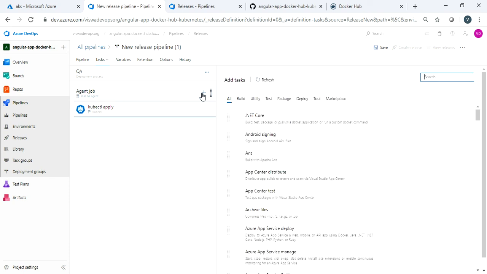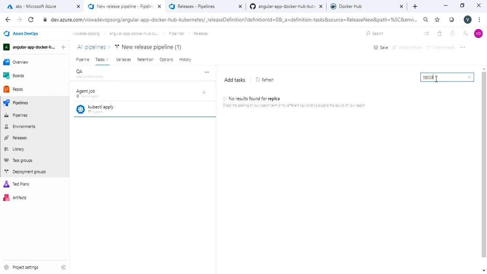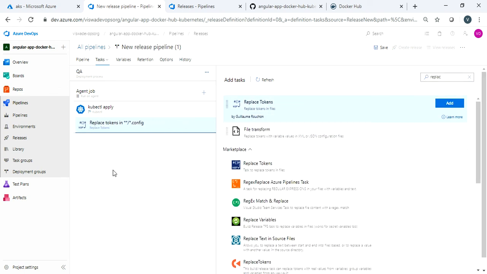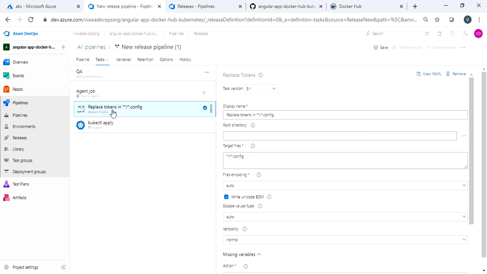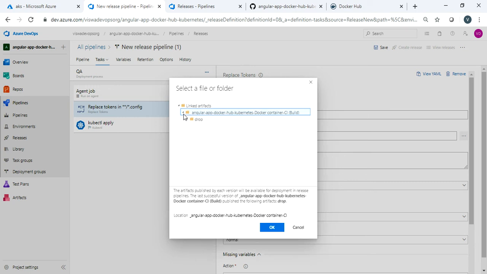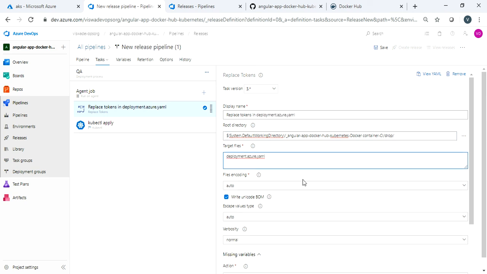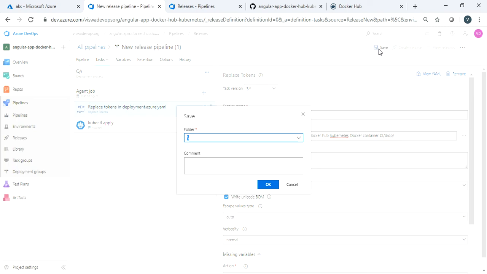Let me add one more thing, replace token. Let me explain what replace token is. Because we keep on pushing, it is continuous integration, continuous deployment, right? So in this case, the number would be changing, so we need to pass the parameter accordingly. So I'm going to change only this YAML file here, put it here. Okay, now save,